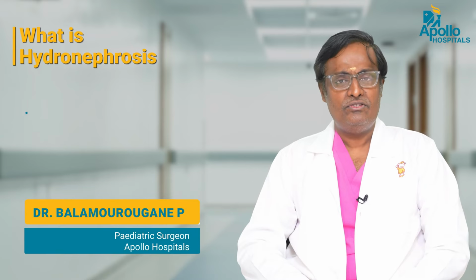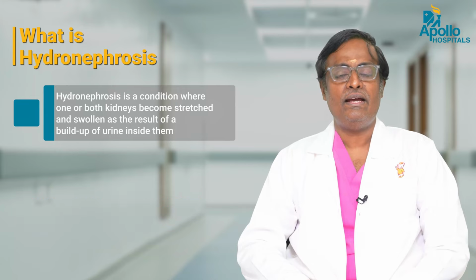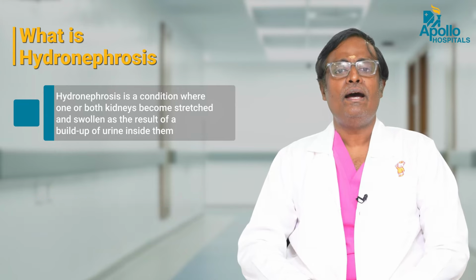Hydronephrosis is a common condition where there is dilatation of the kidney and dilatation of the pelvicalyceal system. This is the commonest anomaly which can be picked up on the antenatal ultrasound during pregnancy. Surprisingly, 50% of these children at birth are found to be normal, whereas 50% of these children could be having